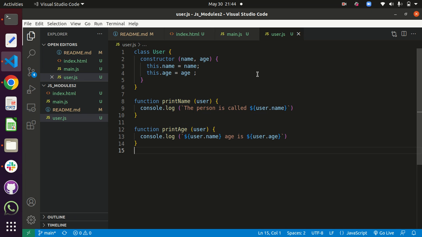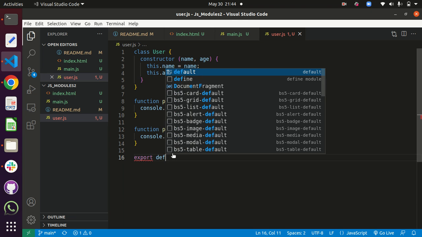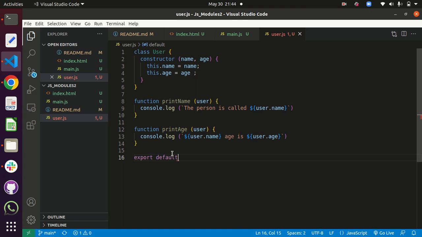So these functions I need to export to the main.js file, and for me to export, at the end you can always do the export. You export default. You want the first one to be the default. You say user,